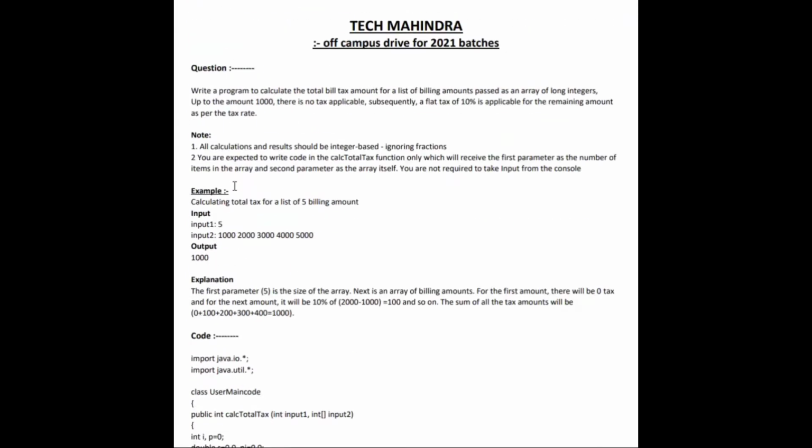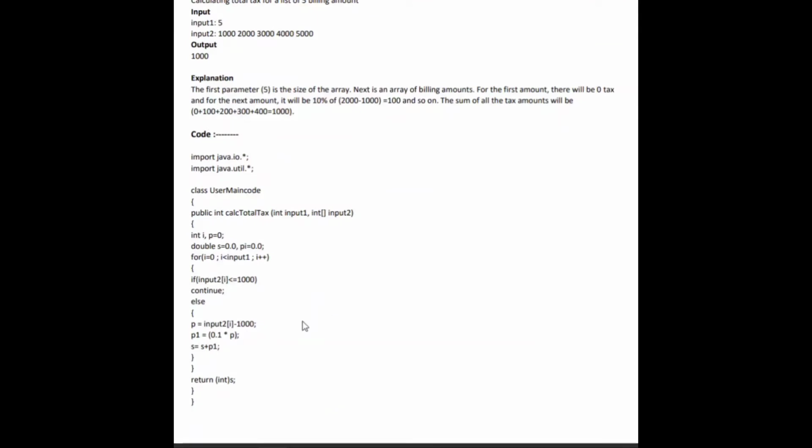So then we are adding it up, sum equals sum plus the value, and then we just have to return the value. Now there is a catch in this summation part. See, we have declared it as double, so it's decimal, 0.0. So the answer would be decimal, even if it's 0.0. So as per the question, it's written that all calculation and result should be integer based, ignoring fractions. We have to return an integer value, not a decimal. So we have to return int of s. So it will return only the int part of the summation. It will ignore the decimal part.